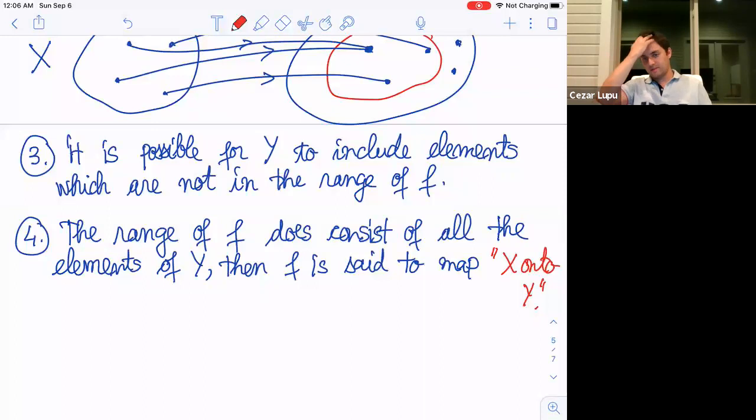And we'll see that these kinds of functions have a property. We call these functions onto. Anyway,